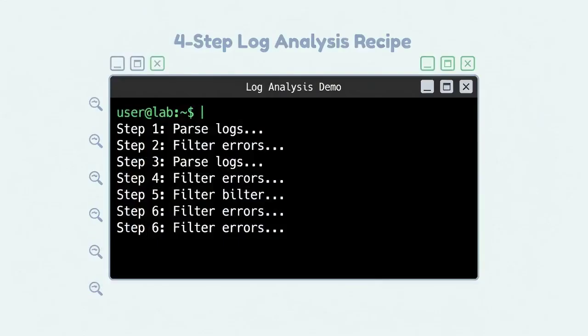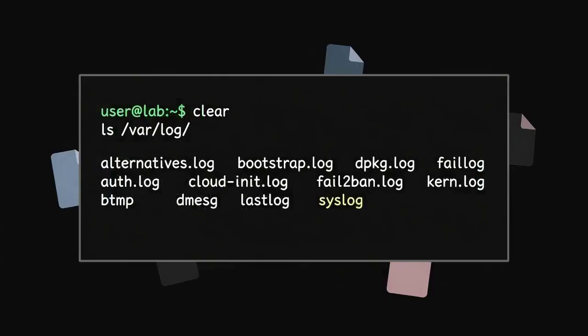We'll analyze /var/log/syslog using a 4-step recipe. Filter with grep, extract a key field with awk, count occurrences with sort and uniq, then rank with sort -nr. By the end, you'll know exactly which program is generating the most errors on this system. First, clear the screen and list the contents of /var/log/ to confirm syslog is present. This file is the system's general-purpose log where most services dump their messages, making it the ideal target for error